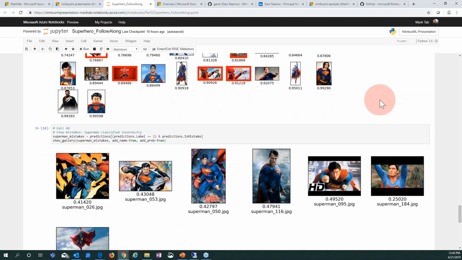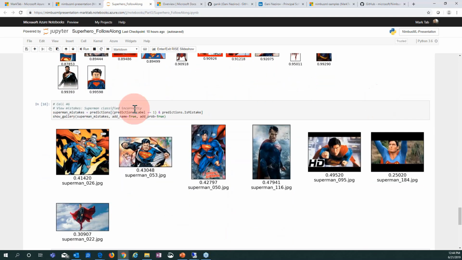Okay, so here's view mistakes. So this is when Superman was classified incorrectly. But we look at 0.495. I mean, that's almost 0.5. That's pretty close. That was not that high. But the worst one here was 0.25. And something about this image made it not identify Superman. I was thinking too, maybe it's going to help the training engine just to focus on unique parts of each character, like the logo, and add those as additional images. That was my idea of improving the